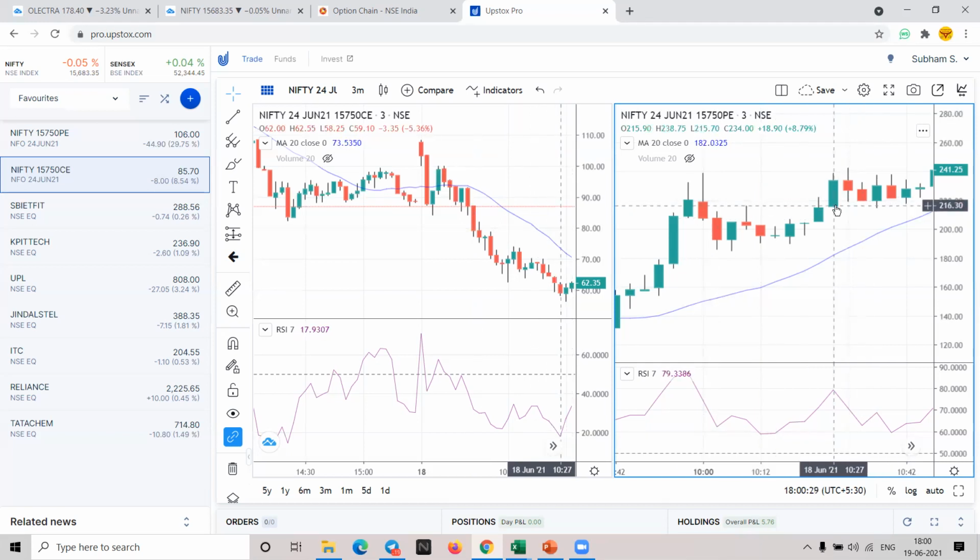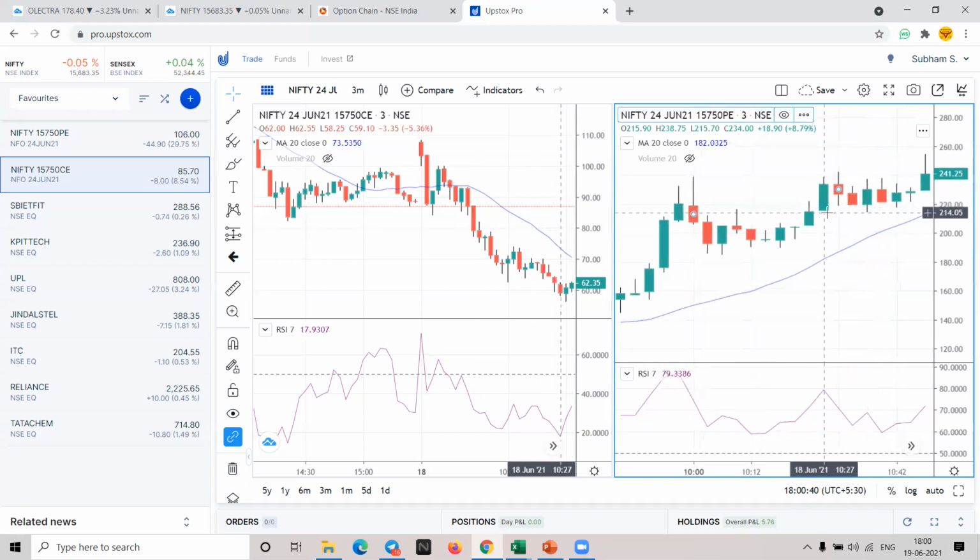This rounding off is very important, because in options, what happens is there would be a spike near the cost, around the bottom. But if you do rounding off, most of the time it will not be hit. In this case also, if we check, it has gone to 214.8, so you would have hit the stop loss. But there would be scenarios when it will just reach your bottom price, but not the rounded off number. There would be many such scenarios. So always remember, your stop loss should always be a round off number.